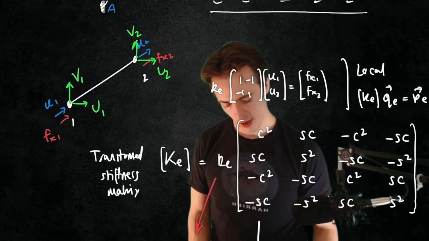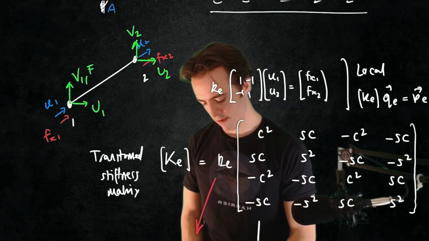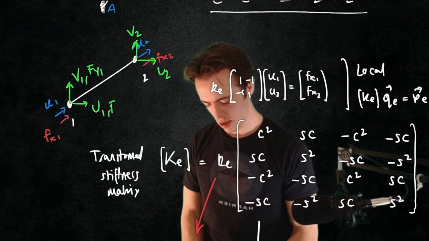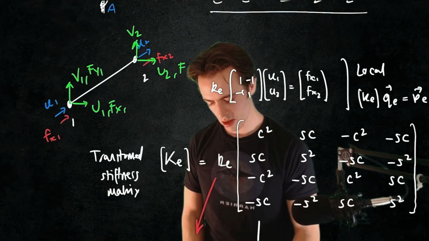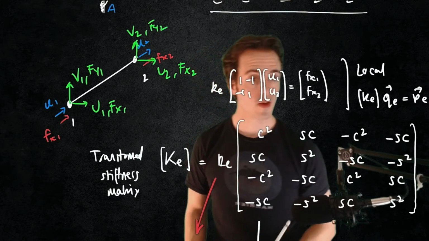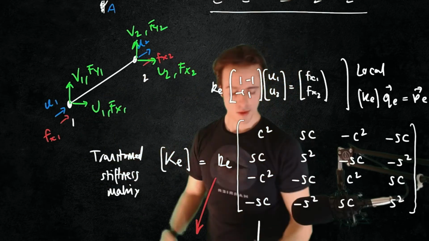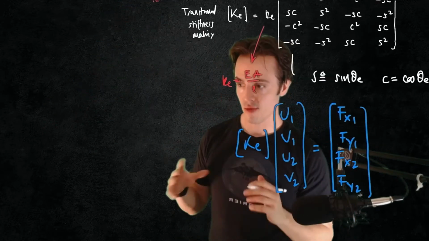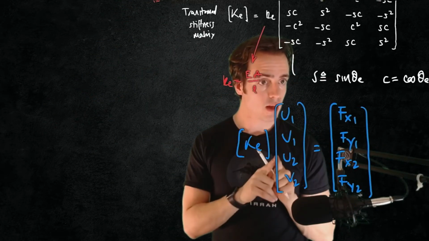Those forces up here, if we draw those on as well, this would be fy1, fx1, fx2, fy2. Okay, so that's what this matrix does, and that's what I mean by it relates these displacements to the